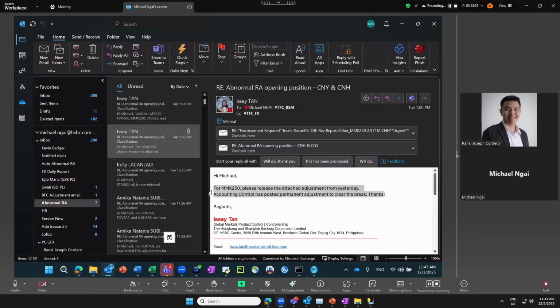You can try to parallel run and see if we have matching figures, and if we can match our figures, then you can pick up the task of sending the GRR adjustment email from me. Yeah. Yep.